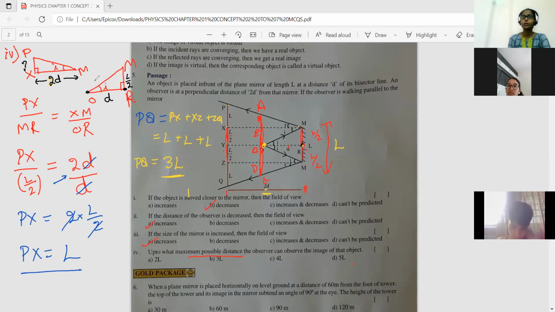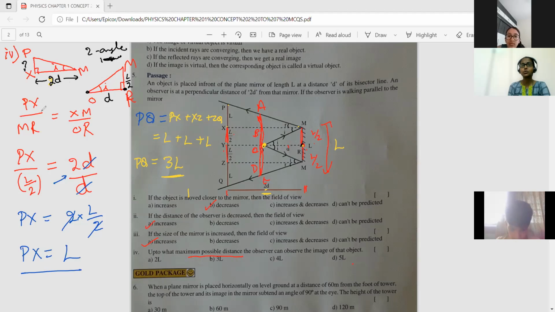See, there is a 90-degree angle and the angle of incidence is also there. So two angles are the same. When two angles and one side are the same, or one more angle is also equal, no? This looks like a right-angled or isosceles triangle, or equilateral also, because almost all the angles are equal, but the sides are not equal. So in that condition, you can take the ratio of the sides.